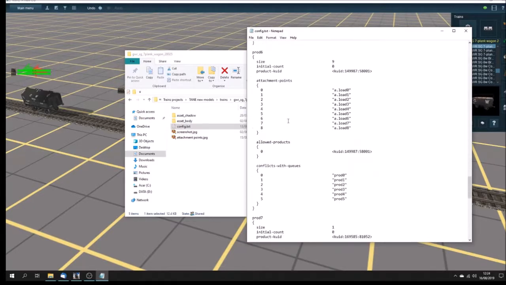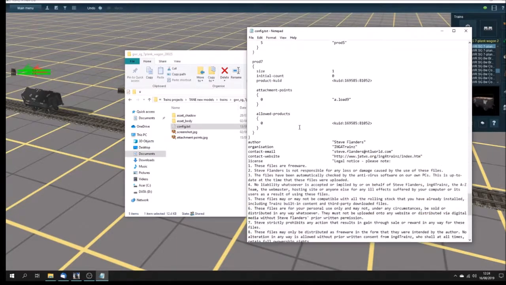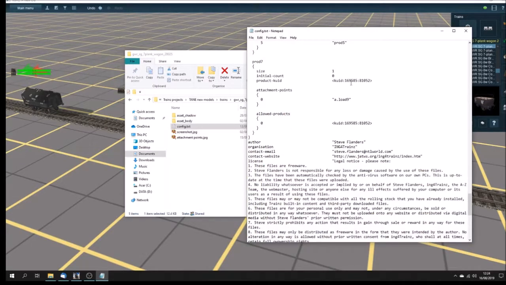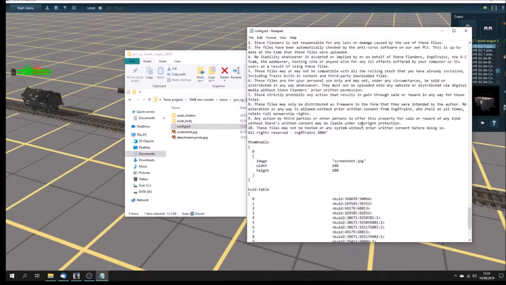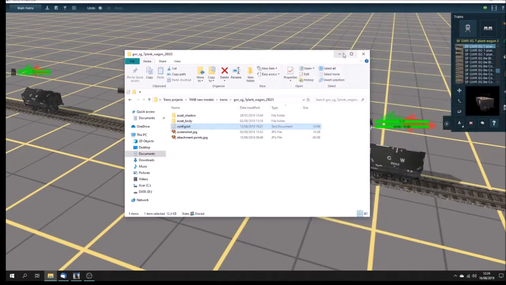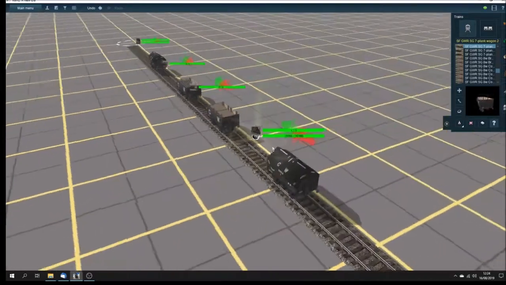In fact, here you can see, because this is an older version, I've actually still got the 9 attachment points in there, which I've excluded from the release version. Bob, my beta tester, and I tried everywhere to find a suitable load that would fit in without overlapping, and it didn't really work. So this is for the tarpaulin. There's my usual guff, and so that should really be an easy way of using these as widely as possible,